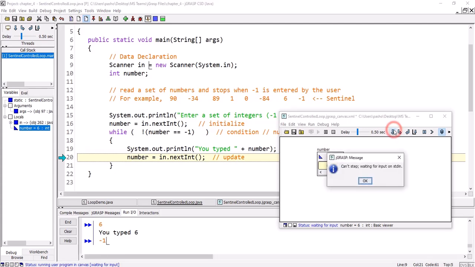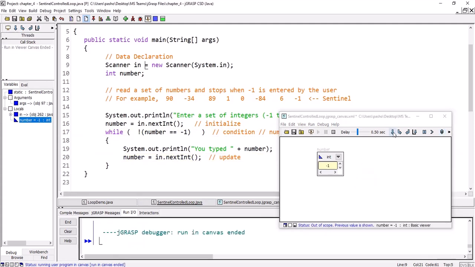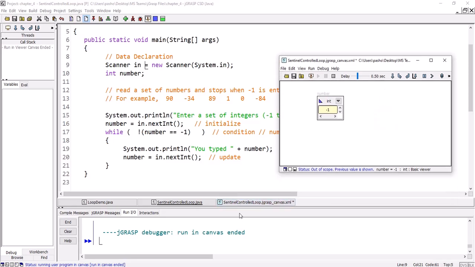it will go to the beginning of the loop. Sorry, I have to press enter. It will go to the beginning now of the loop, and it will check for number since it's equal -1, so the condition is false, and we'll go out from the loop. So what was the output? So if you look at the output here,